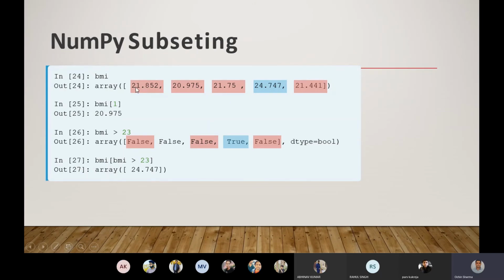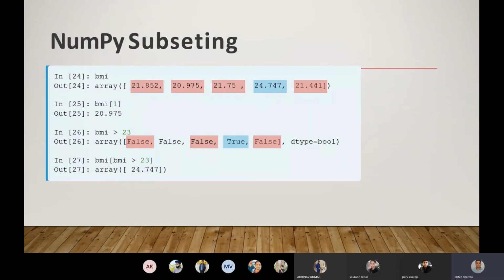So it is false, it is false, it is false, it is true for 24.747, and it is false for 21.441. So this is the way we can use NumPy and different types of mathematical and logical relations.